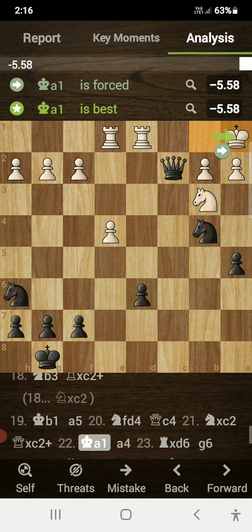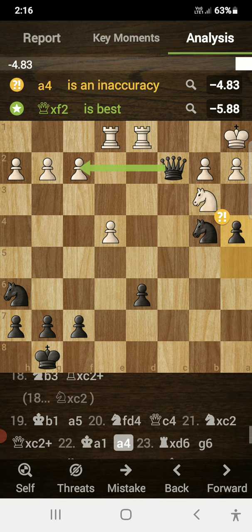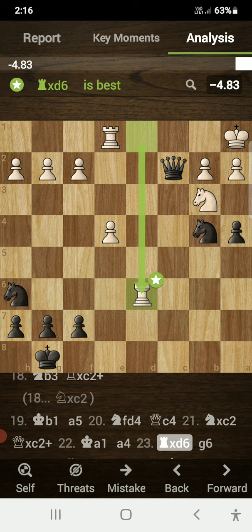King to a1 was the only legal move, and now I played a4, and I attacked his knight, and he played rook takes on d6, danger levels. I threatened his knight, and he counter-threatened me with a mating threat,